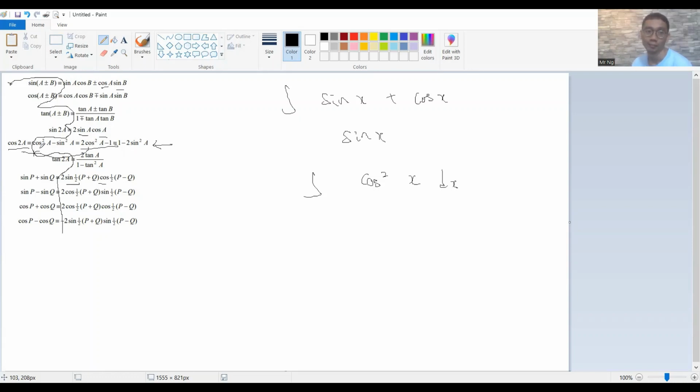So it's about changing from the right to the left, then integrate, which leads me to the discussion of this thing. Very important, a lot of times I see students do this. They will say half p plus q equals x, and half p minus q equals 3x. Well, you can do that and find what p is eventually and what q is eventually.